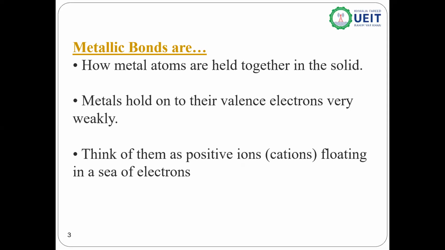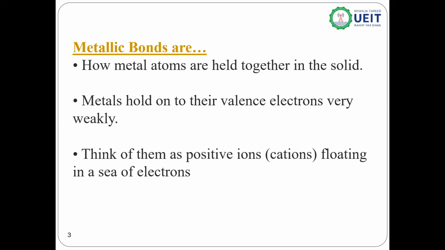How are metal atoms held together in the solid metal? They hold on to their valence electrons very weakly. So you can think of them as positive ions, or cations, floating in a sea of electrons. As you know, metals lose electrons very easily, and in 1 mole of the metal there are 6.02 × 10^23 atoms. So when 6.02 × 10^23 atoms of metal lose electrons,